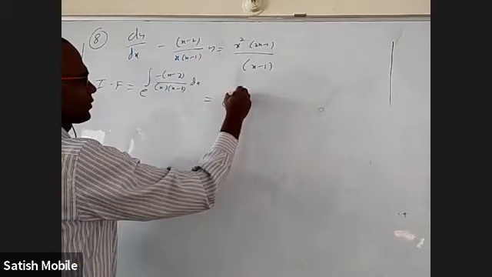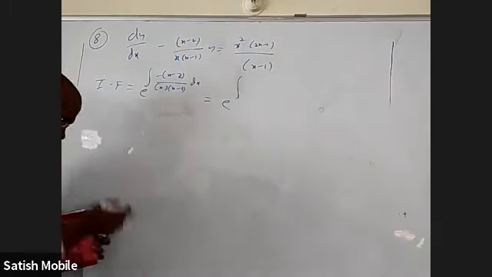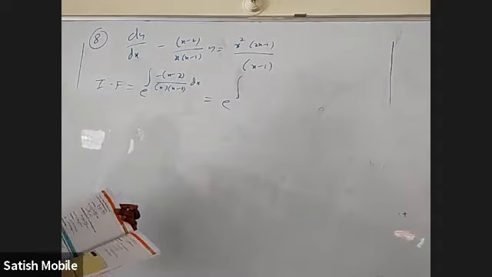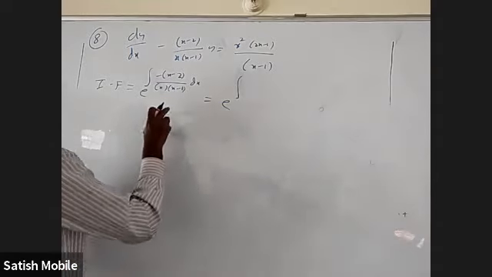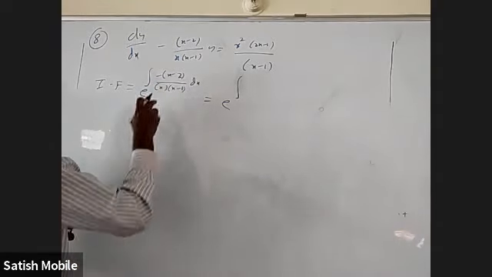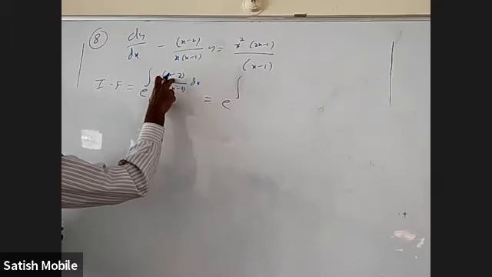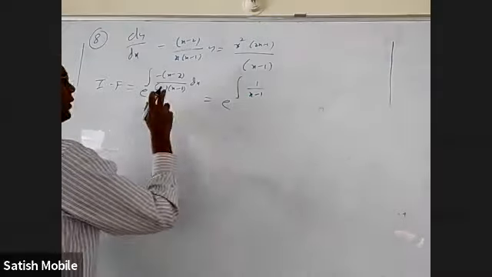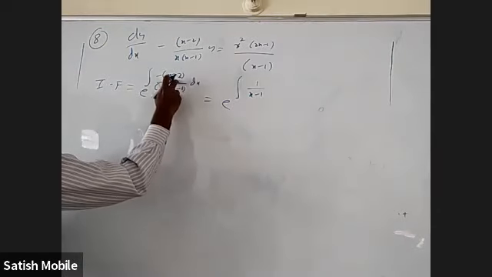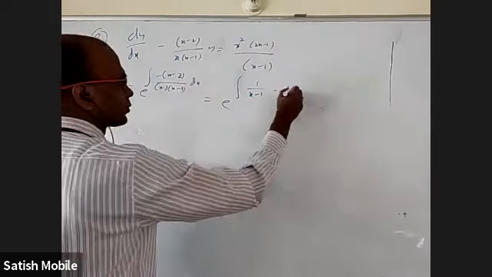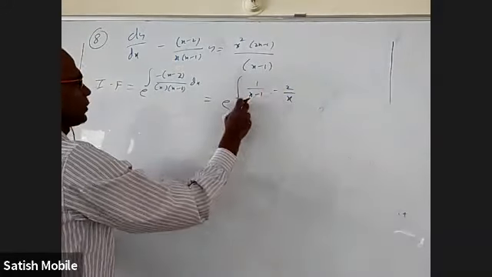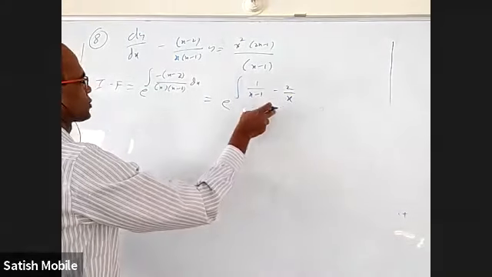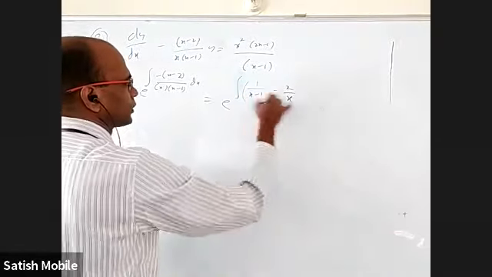So if I were to use partial fractions here, maybe I can write x minus 1 plus 1, it's okay. But if I put x equal to 1, this will become minus 1, this will become 1. So I'll get 1 by x minus 1. When I put 0, this will be minus 2 by x. So I'll get x minus 2x, minus x plus 2. Okay, that's good.